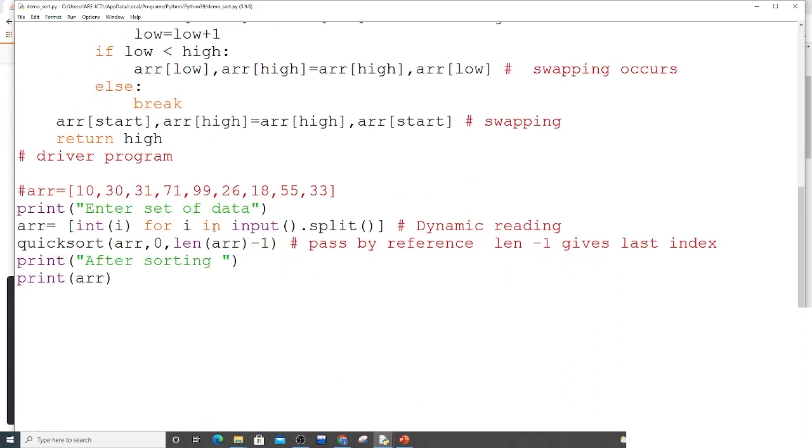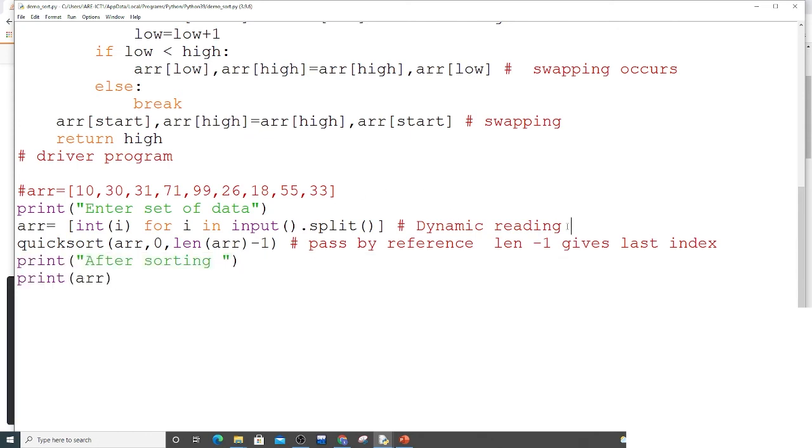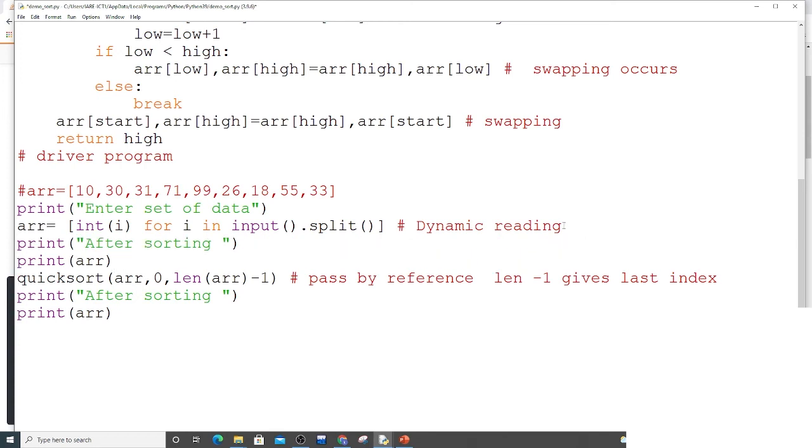Okay. Now you can run it. And you can print a message before sorting showing how the data was, and after sorting. Before calling, you can print a message also. This is before sorting. For sorting, my array is this, and after sorting, my array is this.